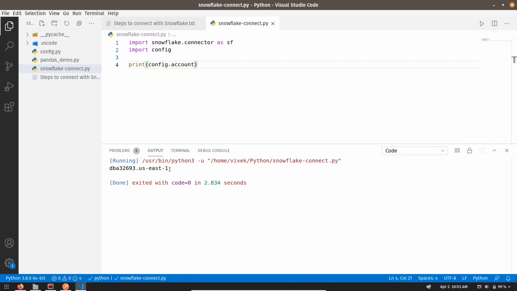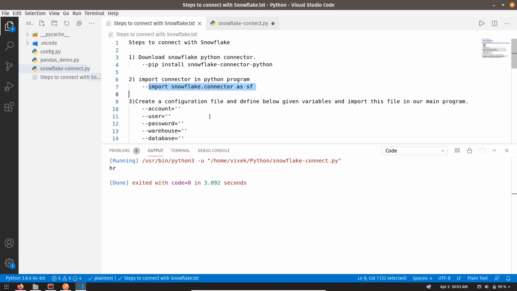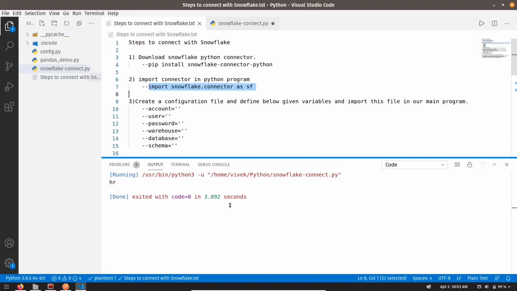You can see my account locator is this one. And if I want, I can get the database name as well. Let me delete it. Now we have imported the config file as well.